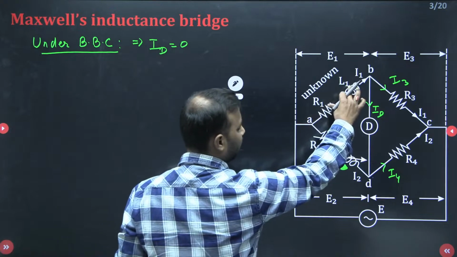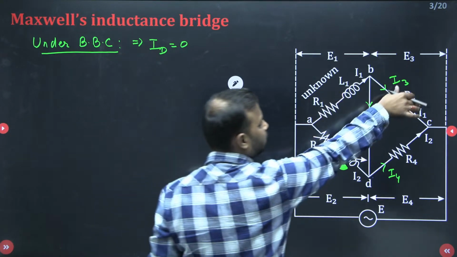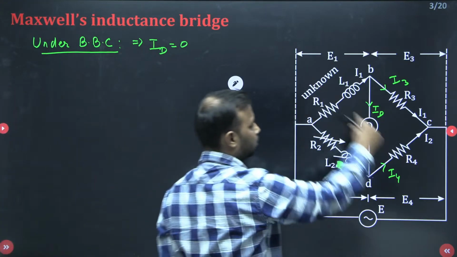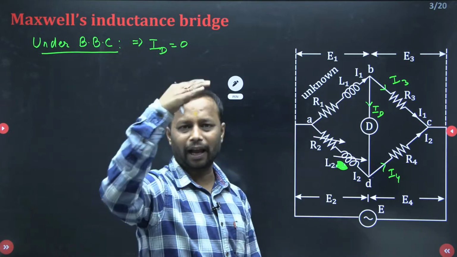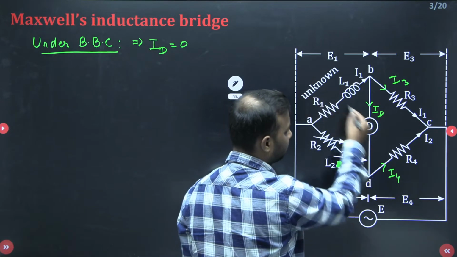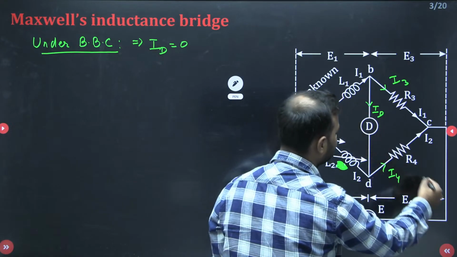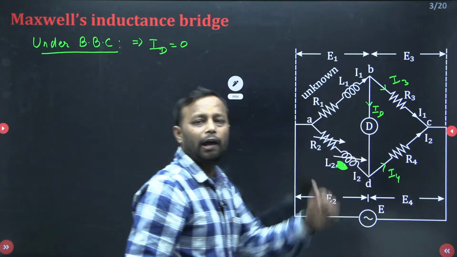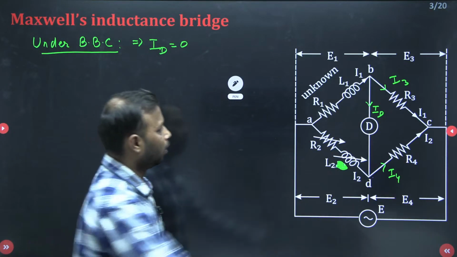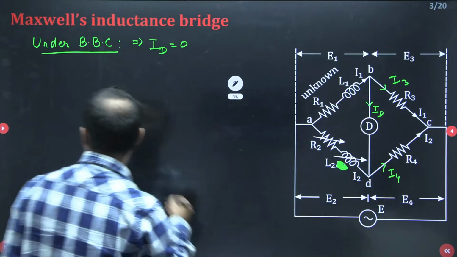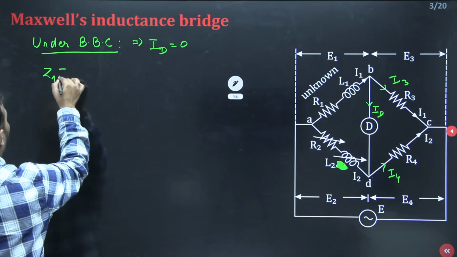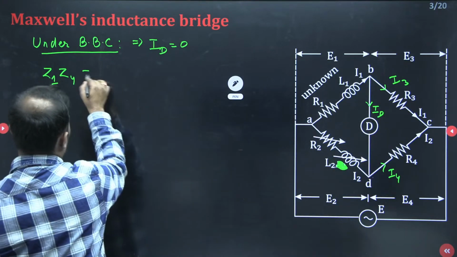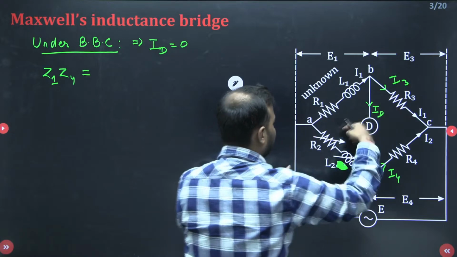This is Z1, let me take this is Z1, this is Z2, this is Z3 and this is Z4. So under the bridge balancing condition, for the opposite arms, draw the intersection line passing through the detector like this. Then those lines which are cutting the impedances, we have to take together in a multiplication manner. So here this is Z1 and this is Z2. So let me write Z1 into Z4, sorry, this is Z4, and which is equal to the opposite. What are the remaining? Remaining are this one,